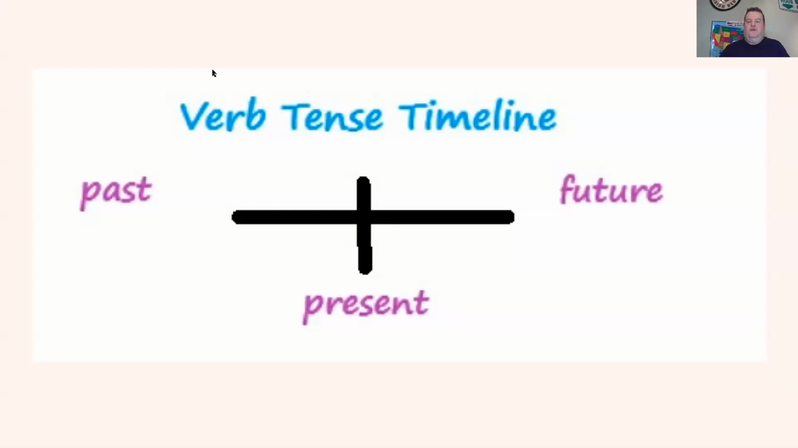On the left, we have the past. On the right, we have the future. In the middle, we have the present time. So to the left are things that have already happened. To the right are things that have not yet happened. And in the middle, that's what's happening now, at this moment. Being able to visualize where these verbs fit on this timeline is going to help you understand which tense